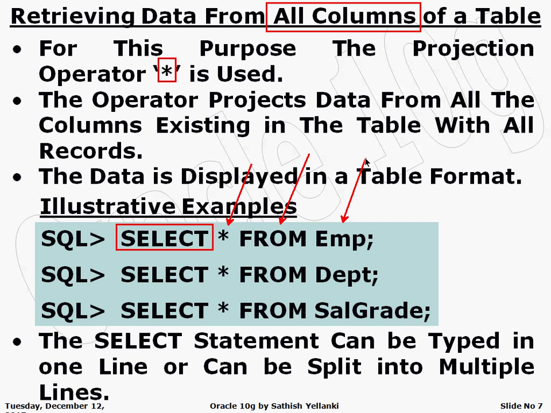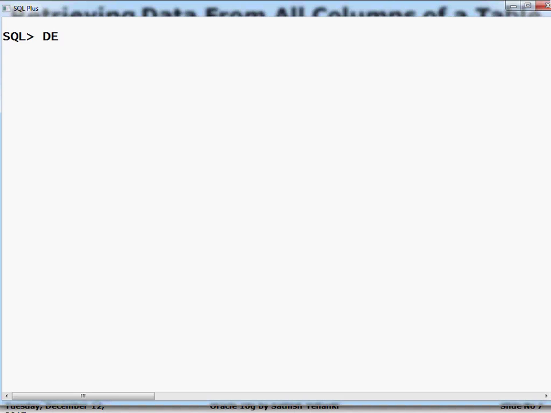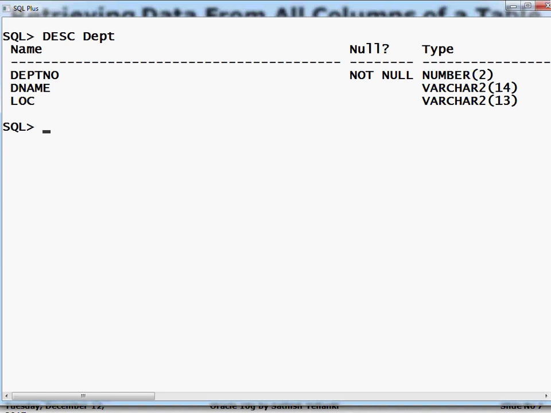Currently our data source is nothing but the table. So writing a select statement for a very simple requirement is not a difficult task. You can just watch here. I'm saying describe DEPT. It contains 3 columns. Now I just want all the 3 columns of data as it is. In such a case I can say select star from DEPT